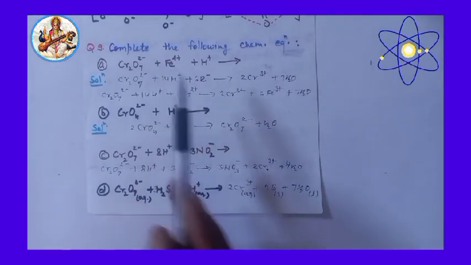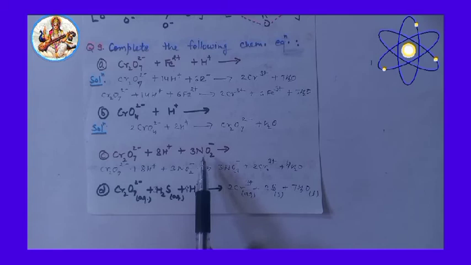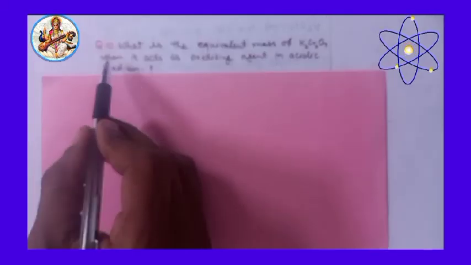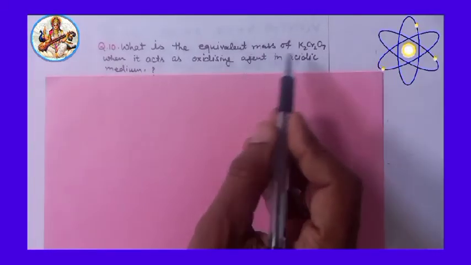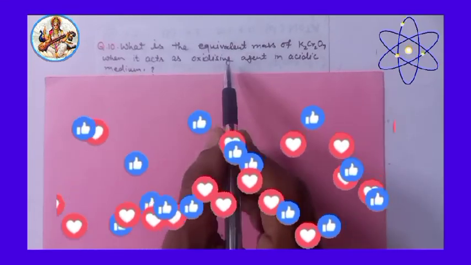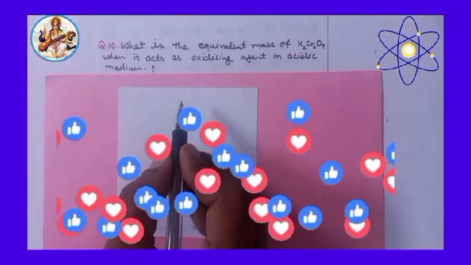It oxidizes Fe2+ into Fe3+, nitrites into nitrates, H2S into sulfur. Very important. 10th question: What is the equivalent mass of potassium dichromate when it acts as an oxidizing agent in acidic